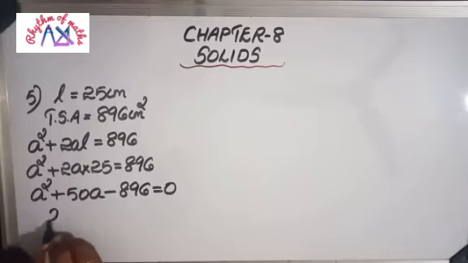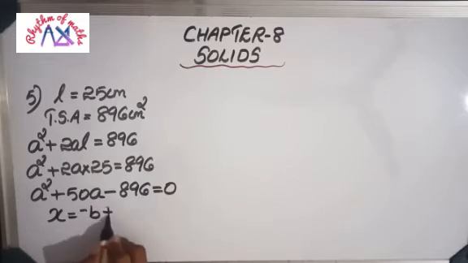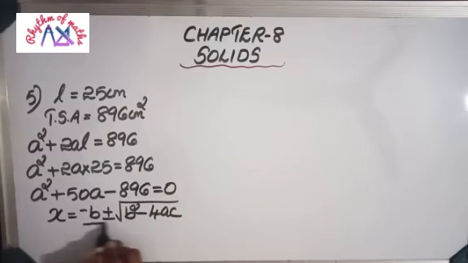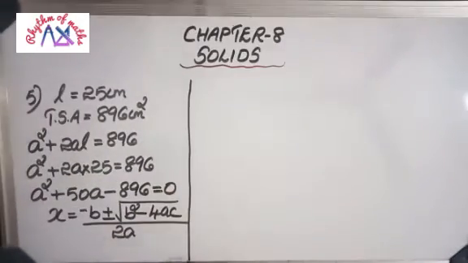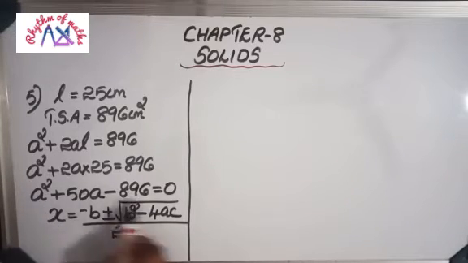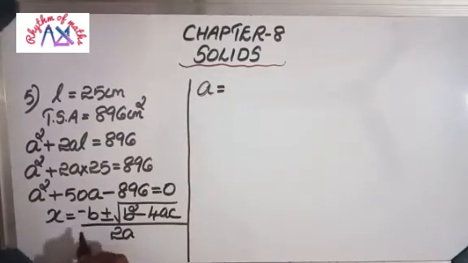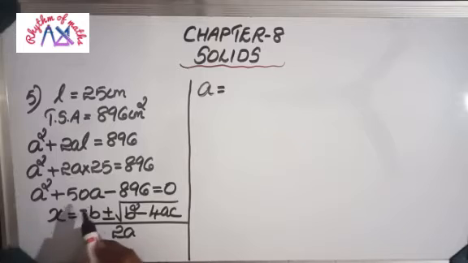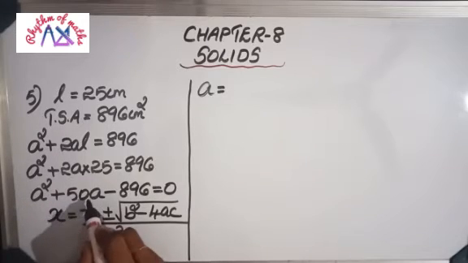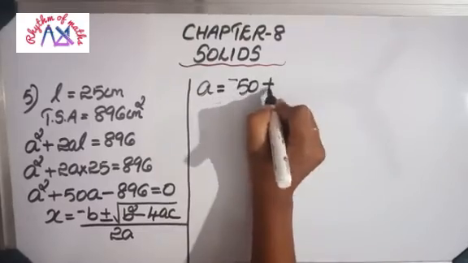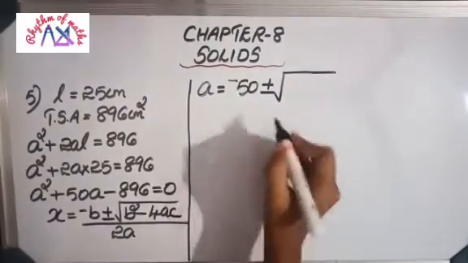What is the equation for a second degree equation? X is equal to minus B plus or minus root of B square minus 4AC, whole divided by 2A. This is the equation to solve a second degree equation. Now here it is not in terms of X. Here all are in A terms. So A equal to, let's start from minus B. B term means the coefficient of X. So 50 here. So minus 50 plus or minus root of B square minus 4AC.